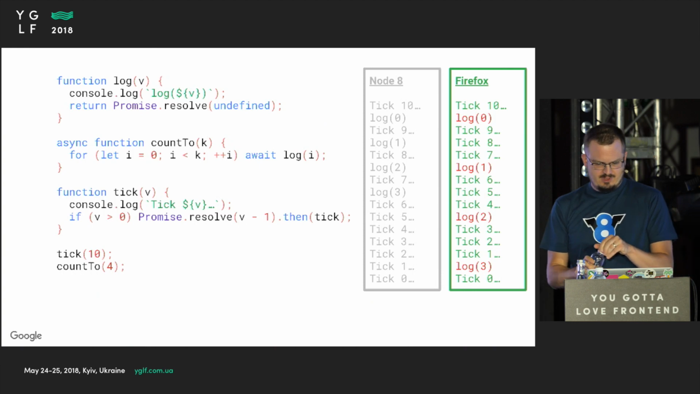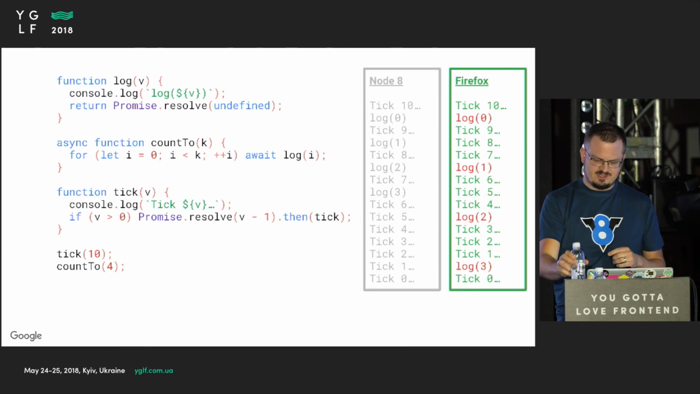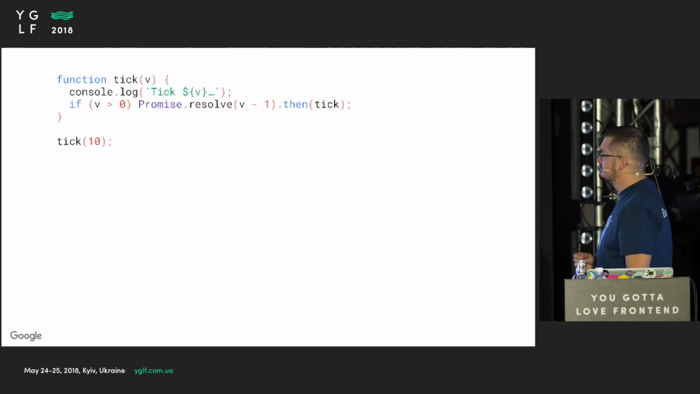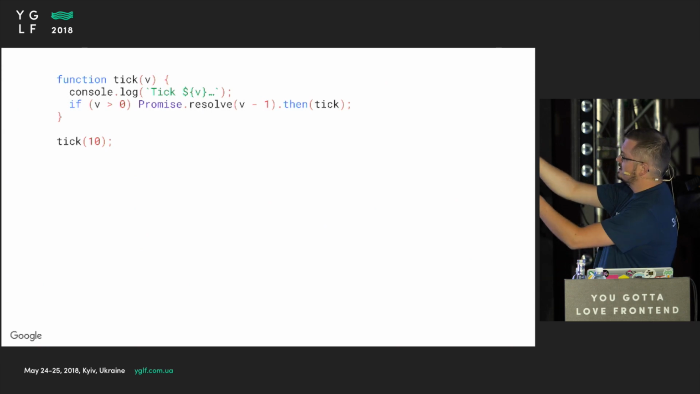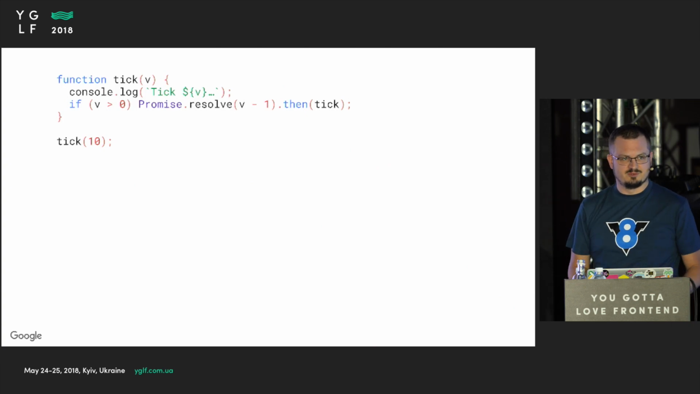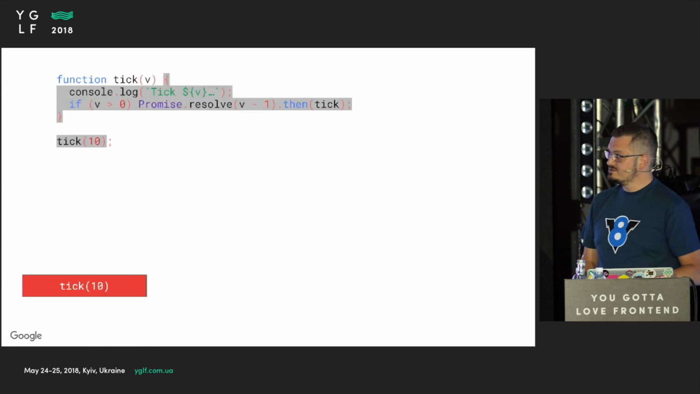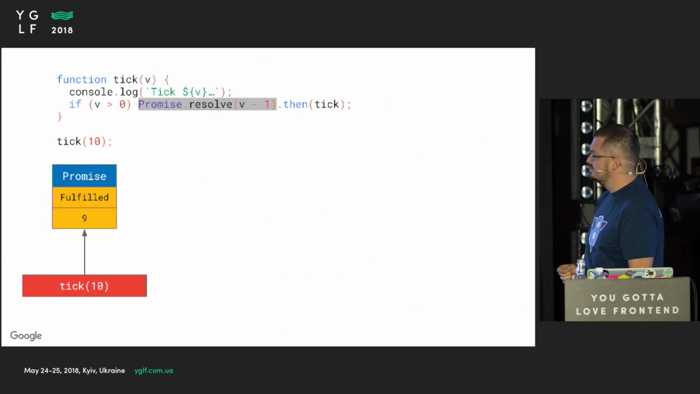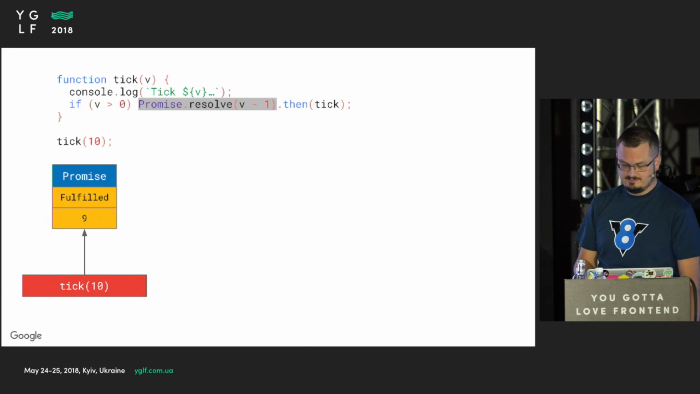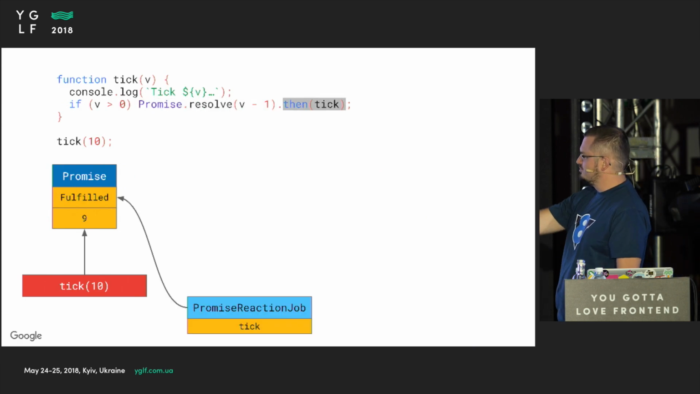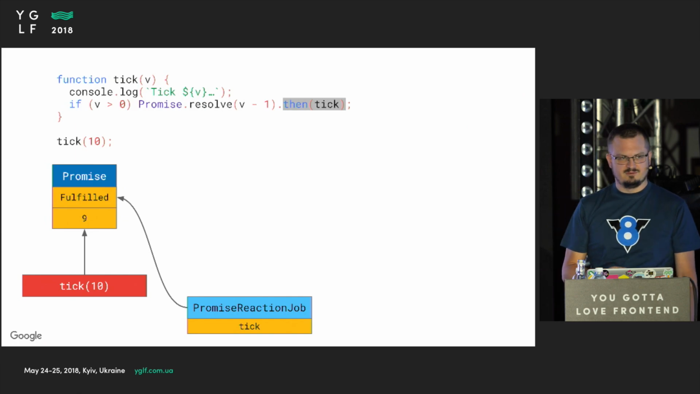And yeah, I'm going to illustrate the processes themselves so that you get an understanding of that individually. So let's start with tick. Tick starts with the value of 10, and then it always schedules itself as the resolution callback on an immediately resolved promise. So it all starts with the invocation of tick 10. That creates a promise that is already fulfilled with 9 because we pass v-1. And to that, we attach tick as a handler, which schedules a promise reaction job that invokes tick when it's